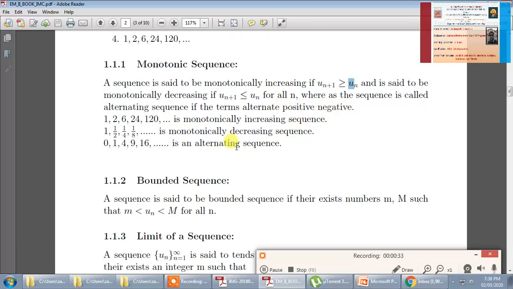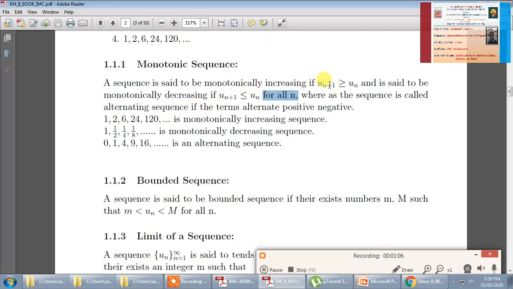Okay, so here I have given an example. Now what is the meaning of for all n? It should not happen for just 1 or 2 n. Okay, n is the number of term. It is nth term, fifth term, third term, first term. So n represents which term we are dealing with. So this is first term, second term, third term. So this will be u1, this will be u2, u3, u4, u5, and somewhere you will be getting un. After that un, you will be having u(n+1), u(n+2), u(n+3).